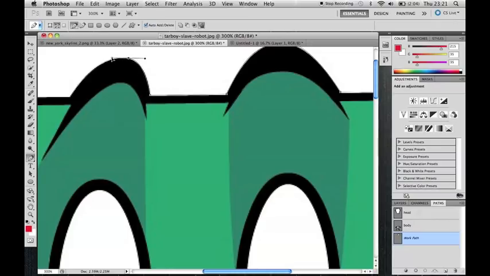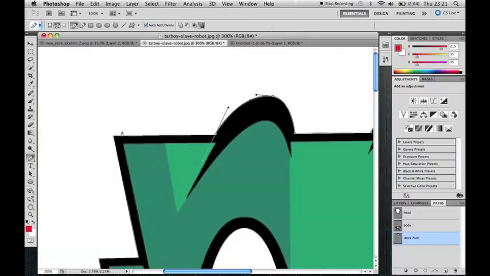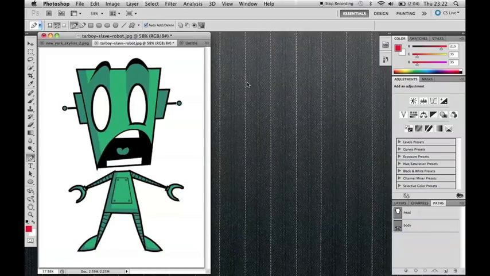If we carry on, and see we've come to that again. If we go over to this now, it will do the same again. So we need to hold down Alt, click on the middle anchor point, and there we go, good to go. Okay, so once you've done this and gone around the whole of the head,